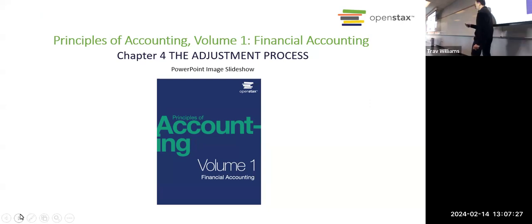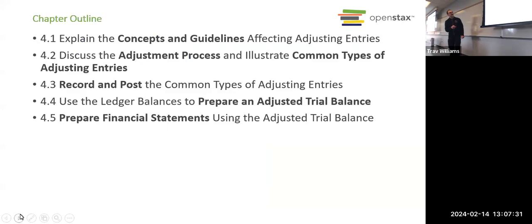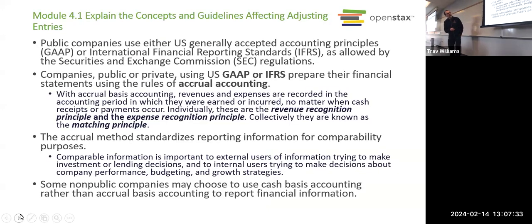Our review, chapter 4. So far, we are talking about adjustments. And again, this is part of the whole process of GAAP. As we know, under GAAP, most companies use the accrual method of accounting. And if you're using the accrual method, that means that revenue happens regardless of when you got paid for the sale, and expenses happen regardless of when you paid for the expenses, right?